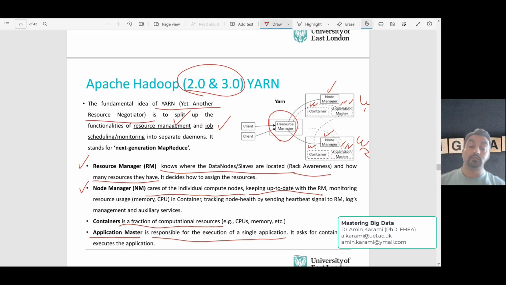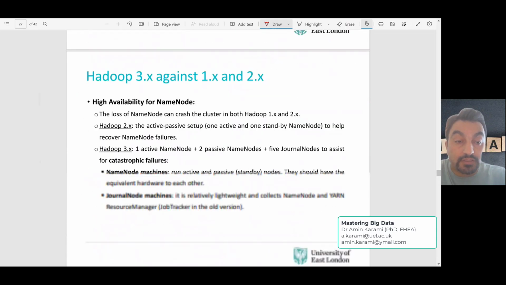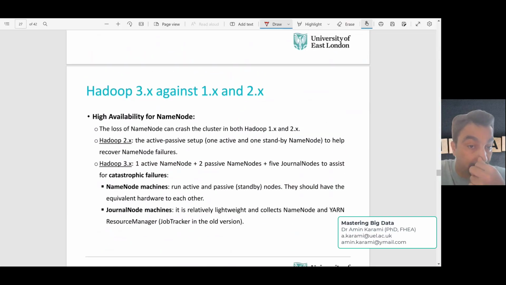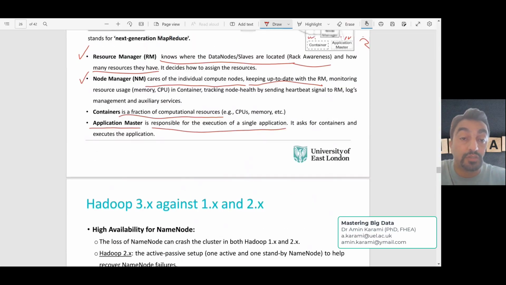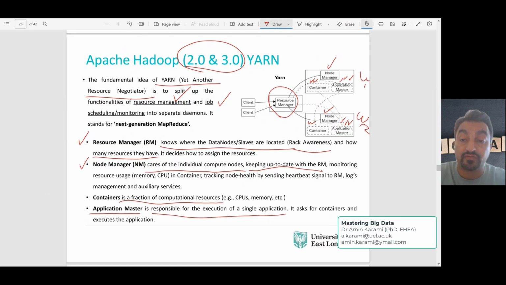As you can see, we could separate all the duties or tasks of the resource manager into 4 JVMs, Java virtual machines. So in terms of availability, we could sort out the problem of the resource manager, right? If you lose it for any reason, if you have no availability of the resource manager,